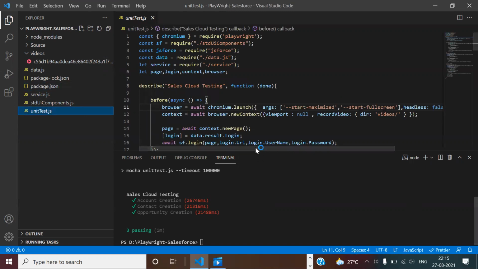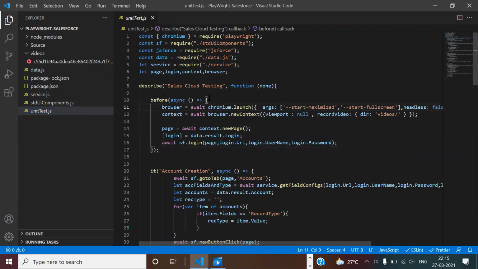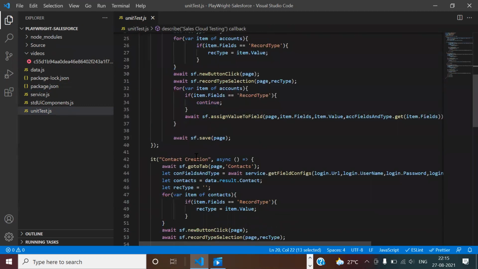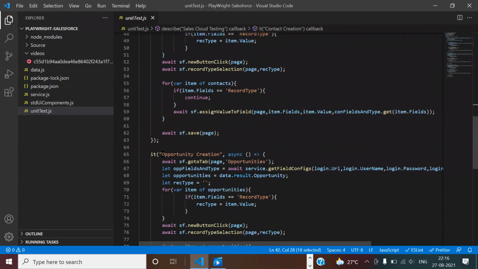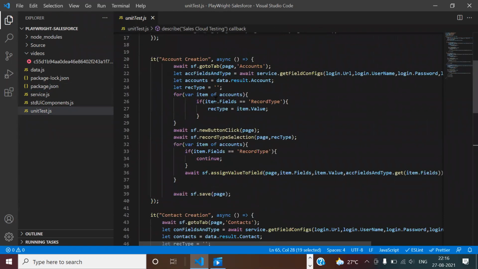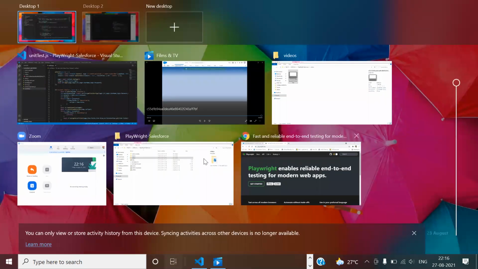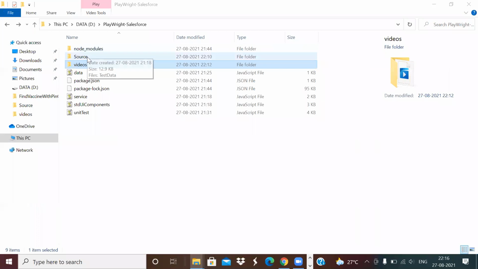So this is the index file, where I have three cases: account creation, contact creation, and opportunity creation. One of the key points here is, let me open the Excel file once again.